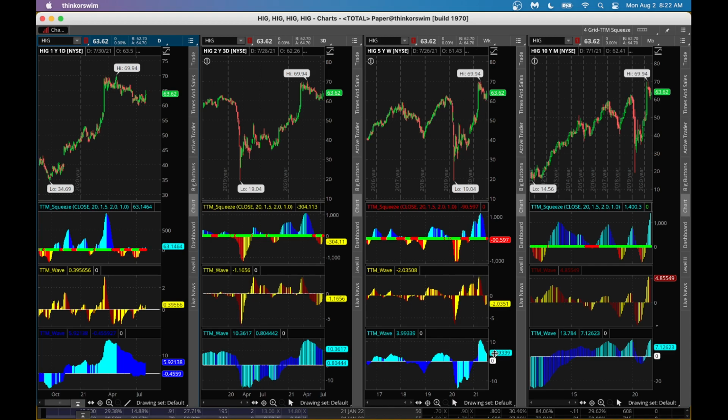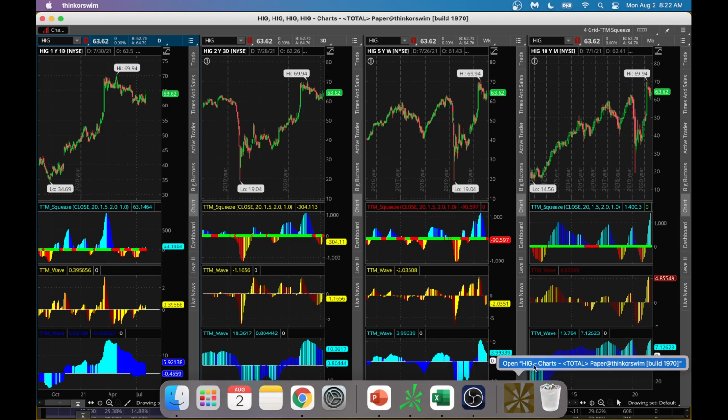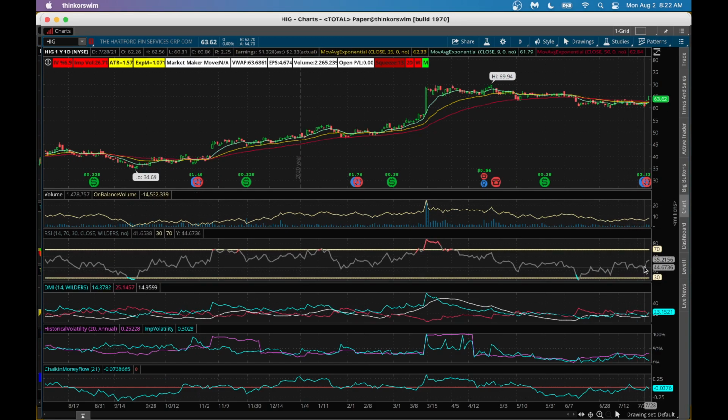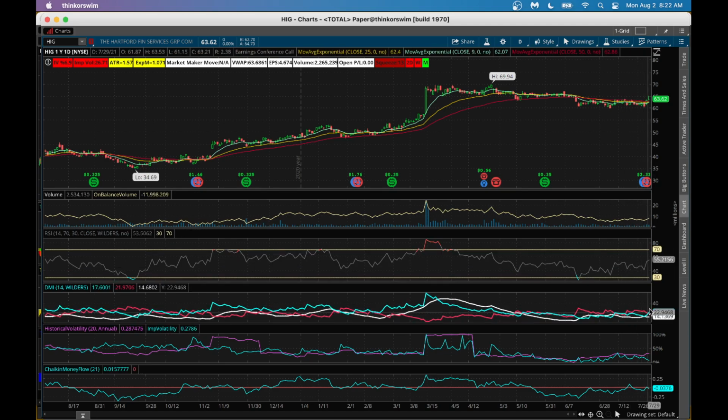You could buy Hartford at this point at HIG, or you could buy a call option. So if you look at different charts here, clearly on-balance volume is on the way up, which is a good sign. RSI is gaining momentum here, that's good. There is a bullish crossover in the DMI chart in progress, which is always great. And as you look at Chaikin money flow, smart money is flowing into the stock. At this time, IV is very low. Coast is all clear for Hartford to go up. So with that, you could look at